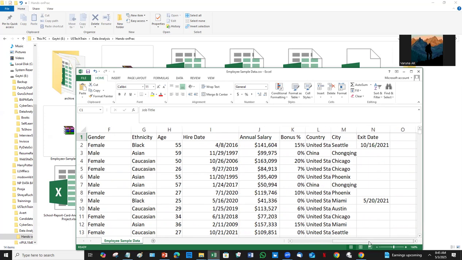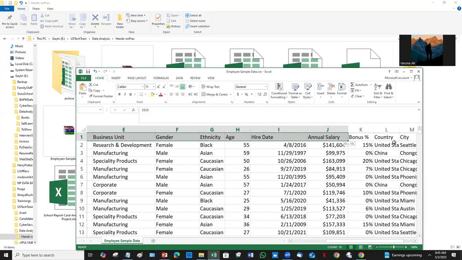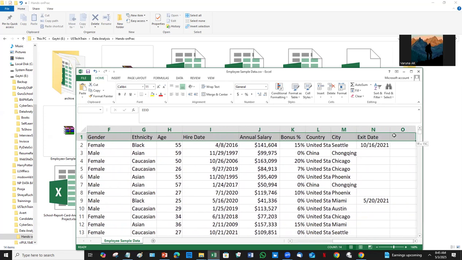Now, what I'll do, I'll put some formatting. Like this is my header row, right? I should address this header row in a bit of different color and all. It's a small Excel sheet, not that big. I believe 1,000 rows or something like that. But still,